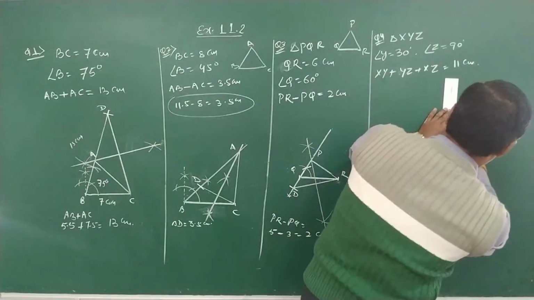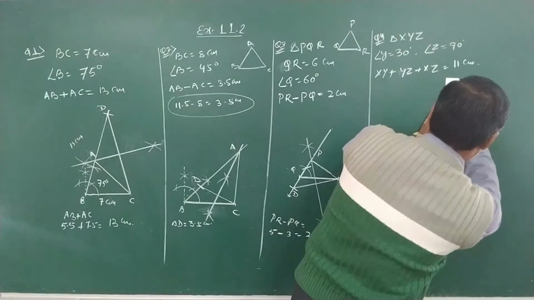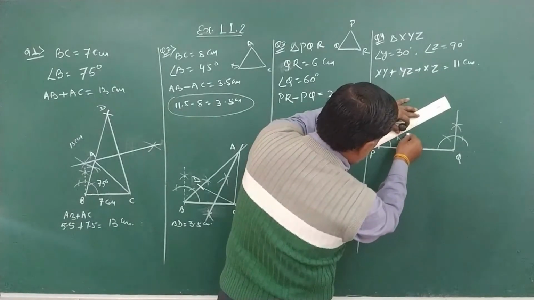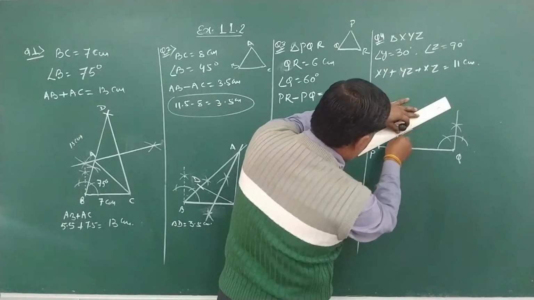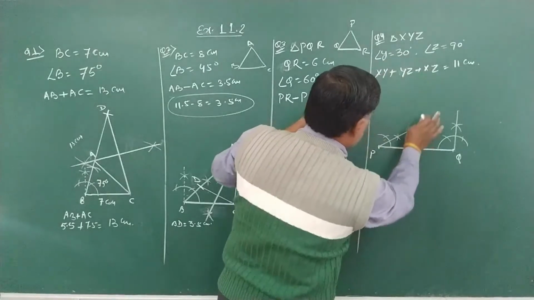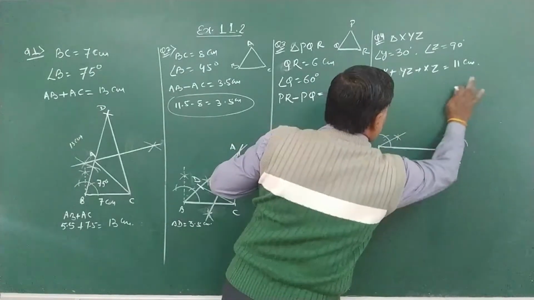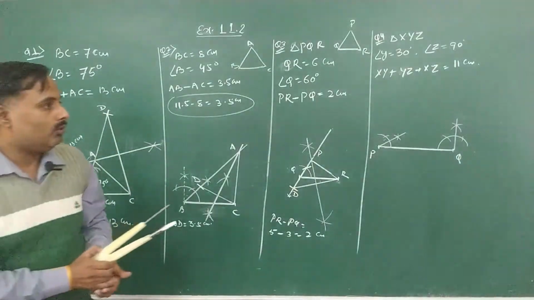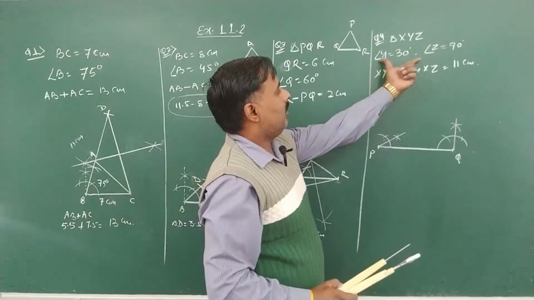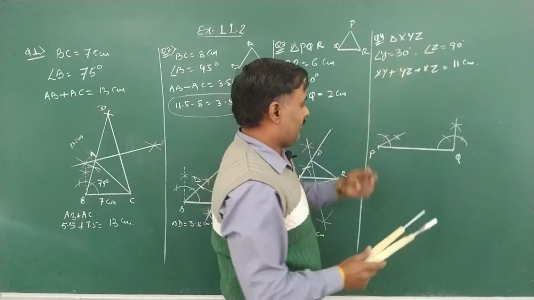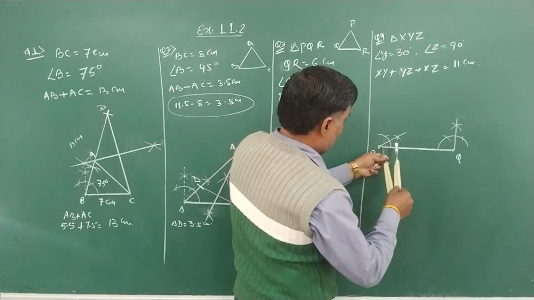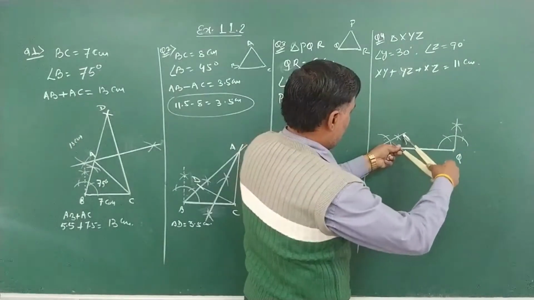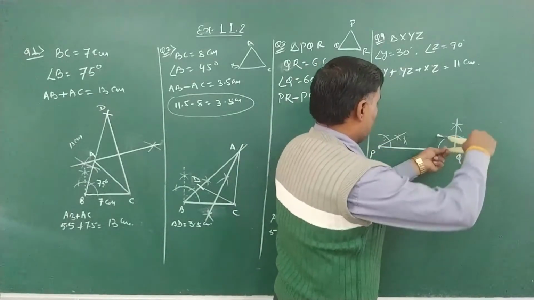So this is our 90 and this one is our 90 and 30. Now the next step is we draw the bisector of these angles, 90 and 30. Where these bisectors intersect each other, that is your other point than the angles, means we got X. Now draw the bisector of angle 30 and 90. So I am drawing the bisector of 30 degree and bisector of 90 degree.